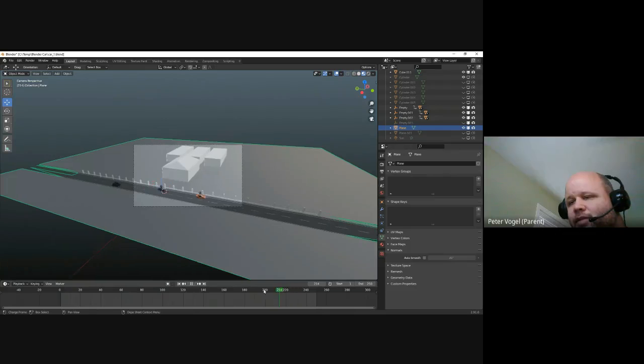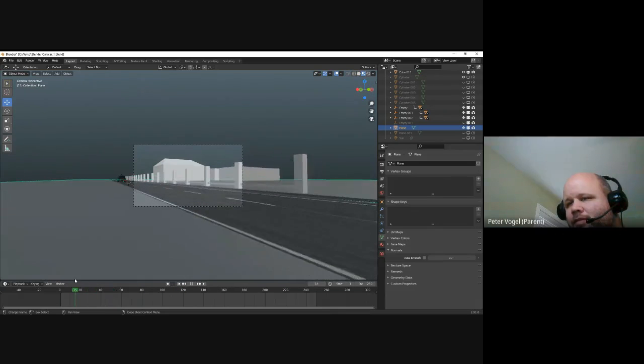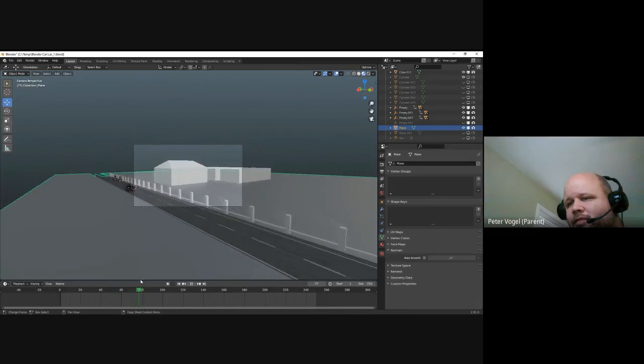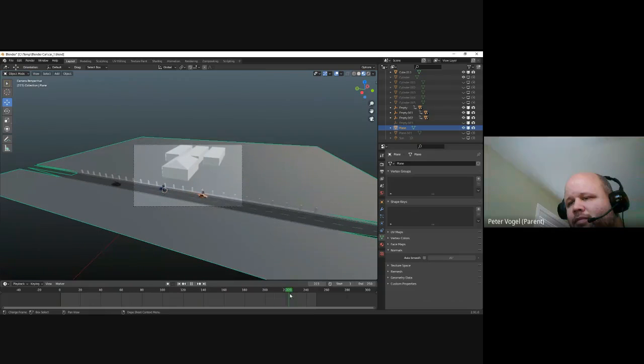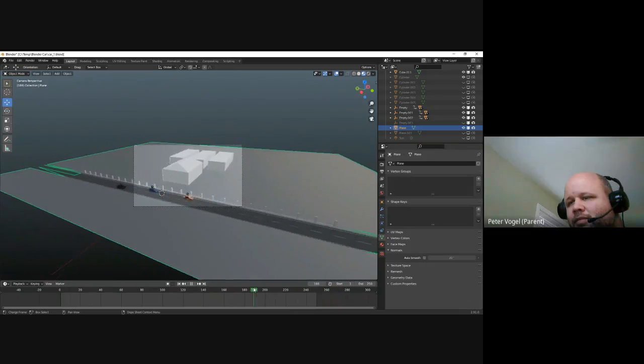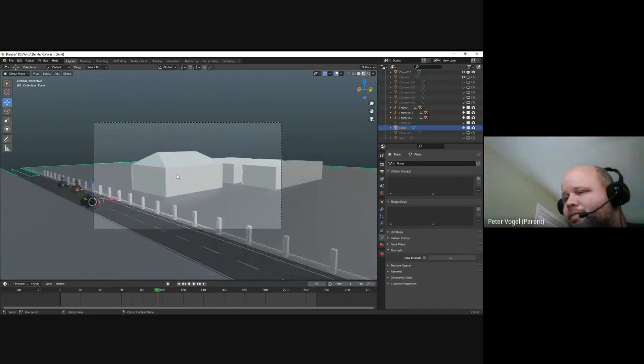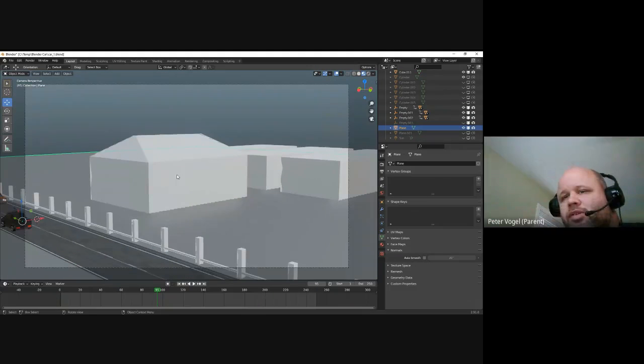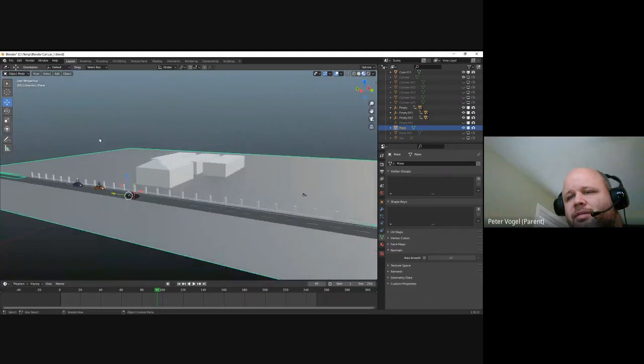Now everything will be in the view. And that's camera animation. So now, before when you saw the blurriness, so let's take